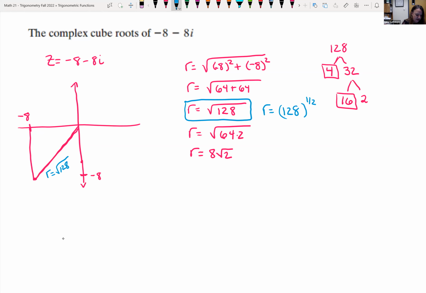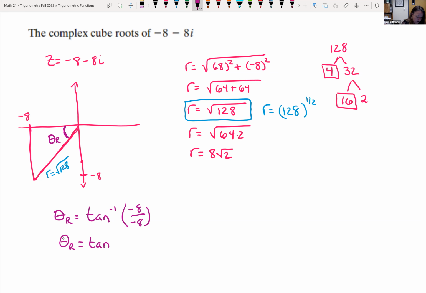I need to figure out what theta is. Let's look at this as our reference angle first. So my reference angle, theta sub r, is equal to tangent inverse of the opposite, which was negative 8, all over the adjacent, which is negative 8. I have my reference angle,